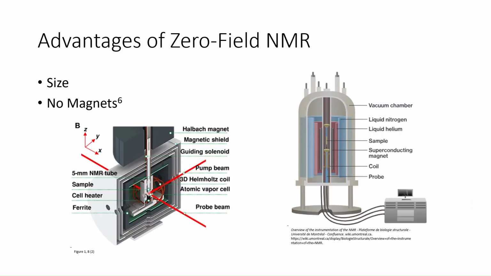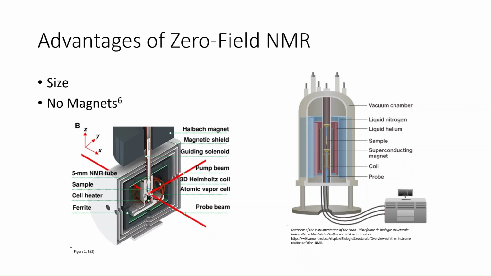Here we have the zero field on the left and the high field on the right. And right away, we can see that the zero field is a lot smaller. The sample tubes in both images are the same size, showing exactly how much more portable the zero field NMR spectrometer is. Some disadvantages of the strong magnets used in high field NMR are that it has the inability to